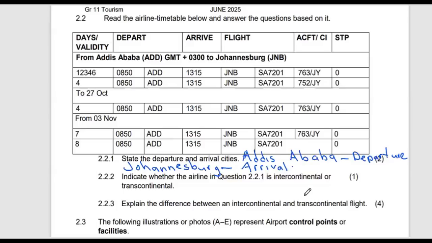Then indicate whether the airline in question 2.2.1 is intercontinental or transcontinental. So this is a typical example of a transcontinental flight. Transcontinental. Because it is flying across a single continent. So it is considered to be transcontinental. So the difference between transcontinental and intercontinental flights involve